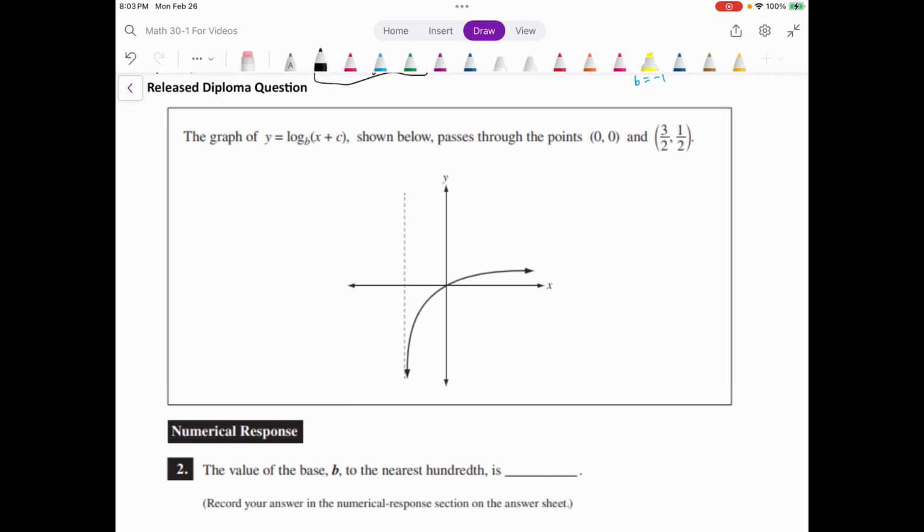It's like a system of equations. I mean, it is a system of equations. Sure, there's 2 things we don't know, but because we have 2 points, we can build 2 equations. And whenever we have 2 equations and 2 unknowns, that's a solvable system, okay? So I'm going to jump in here. I'm going to use 0, 0. The reason I'm choosing to start with 0, 0, I mean, you could start with this one as well, but